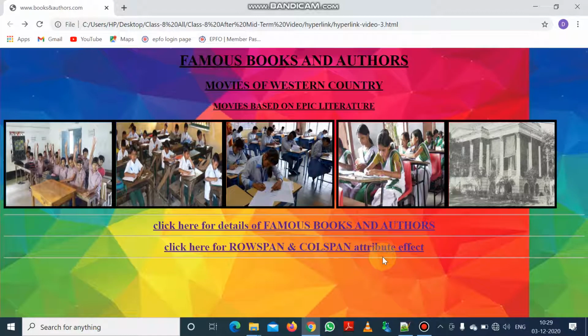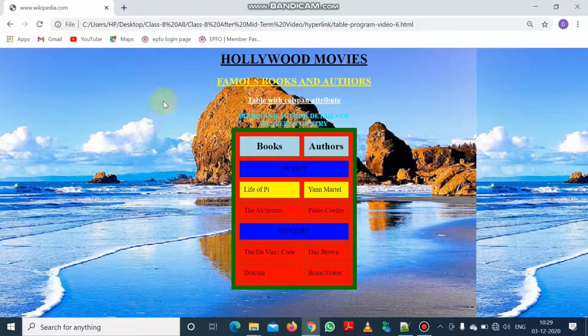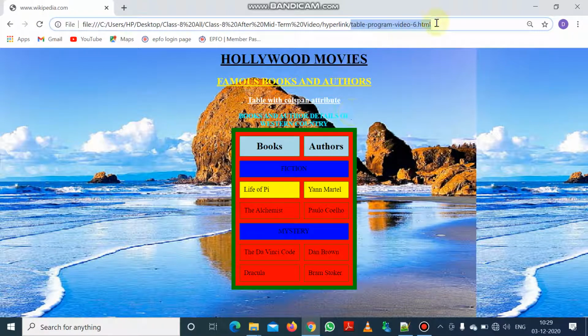Now I'm going to tell you how I made the web page. Before making the web page, I made the first hyperlinked web page, that is the name of the web page is this table program video 6.html. This is the name of the web page file, and the title of the web page is www.wikipedia.com. The headings of this web page is Hollywood movies, famous books and authors, table with call span attribute, and